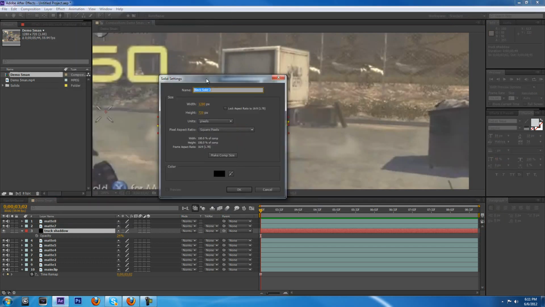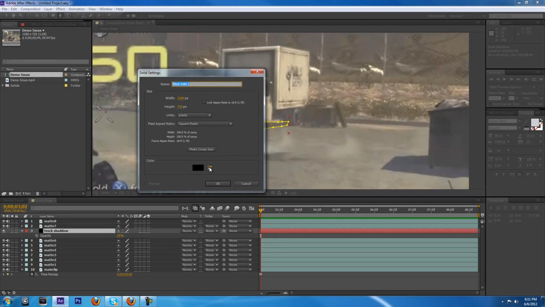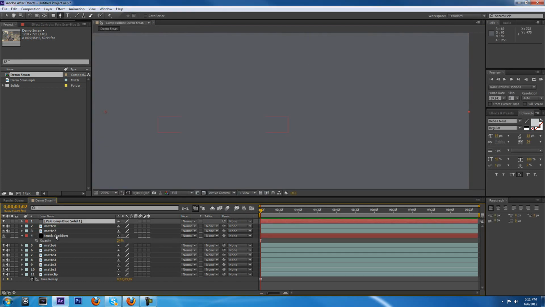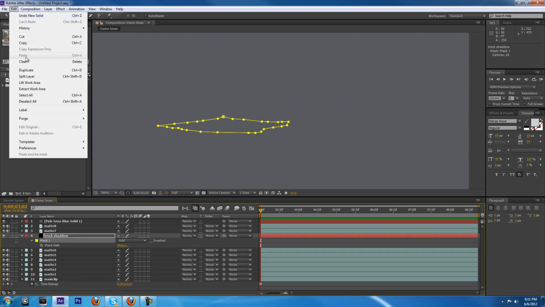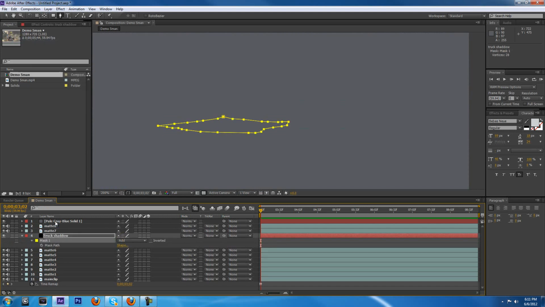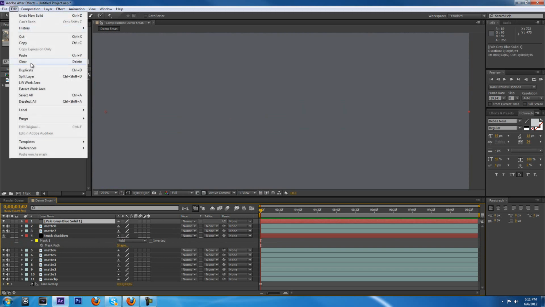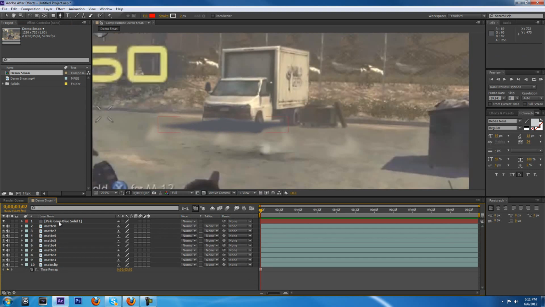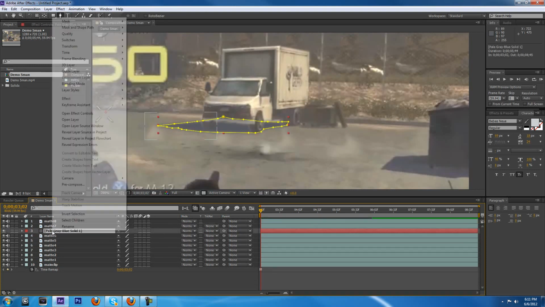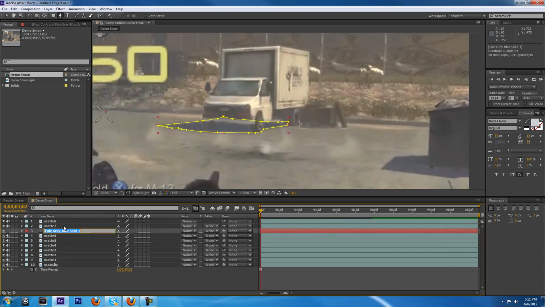solid, and I'm going to use this pin drop tool and get the color of this shadow. Okay, and now I can click M, I can click on the mask, go to edit, copy, and paste that into the new shadow, and get rid of this one, bring this down, rename this truck shadow,